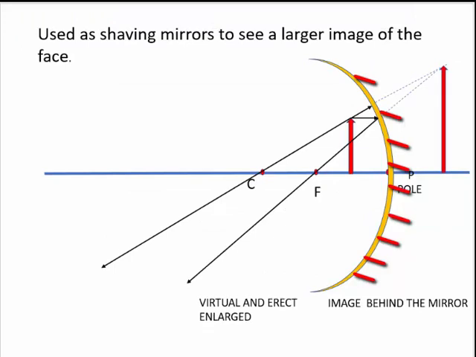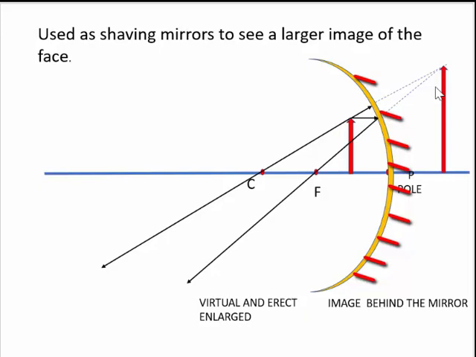Concave mirrors, as I said, are also used for shaving purposes. During shaving, generally the face is kept at a very close distance from the mirror. Why so? Just recall the last ray diagram in the case of a concave mirror. What we did is, we placed this object very close to the pole, between the focus and the pole. And what kind of image did we get? We got an erect image, and the image was enlarged in size.